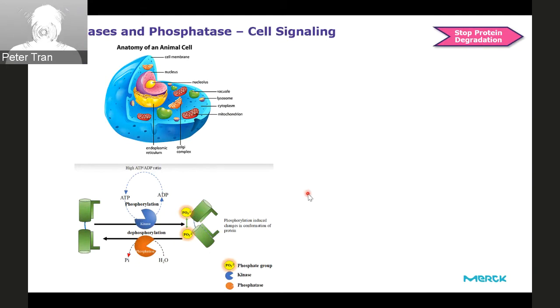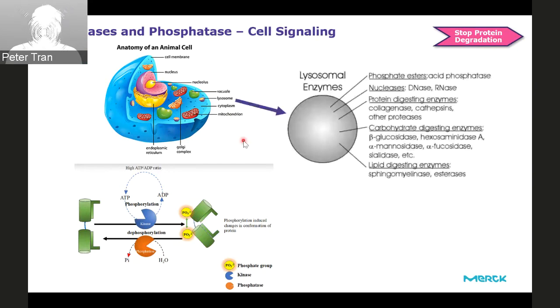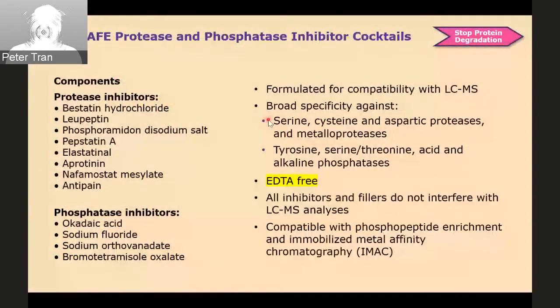or tissues. However, when we lyse the cell, at the same time we also release these proteases and phosphatases into the environment. Especially the lysosome, an organelle within the cells, contains a lot of nuclease, phosphatase, and protease, and your lysis buffer might lyse the lysosome as well and release these enzymes. Then these enzymes will degrade the protein. So that's why it's very important that you have the protease and phosphatase inhibitor in your lysis buffer at a very early stage, just to protect your protein.